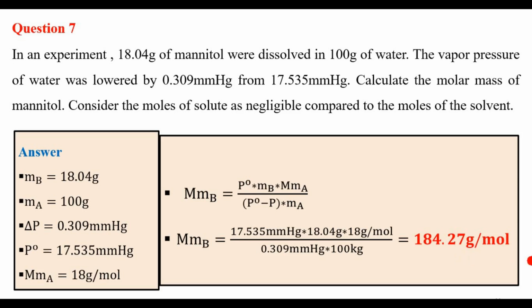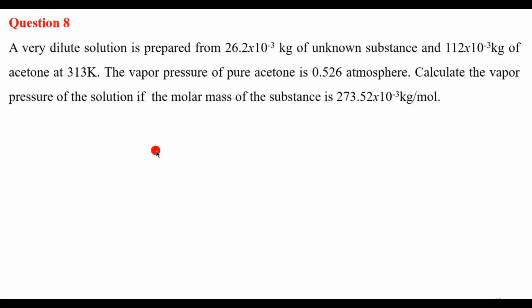Let's go to question number 8. Question number 8 is saying we have a very dilute solution. That means the solution is diluted, so the moles of solid are negligible compared to the moles of the solvent. A very dilute solution is prepared from 26.2 times 10 power negative 3 kilogram of unknown substance. The substance is unknown, but the mass of the substance is 26.2 times 10 power negative 3 kilogram,